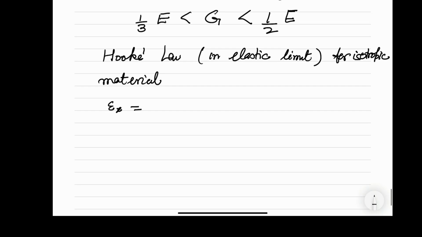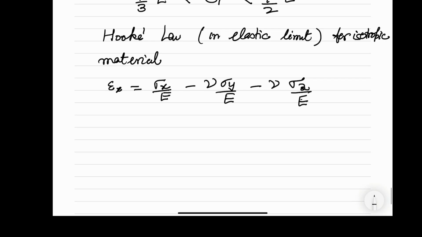We have epsilon x is equal to sigma x upon E minus nu sigma y upon E minus nu sigma z upon E, etc. And gamma xy is equal to tau xy upon G, gamma yz is equal to